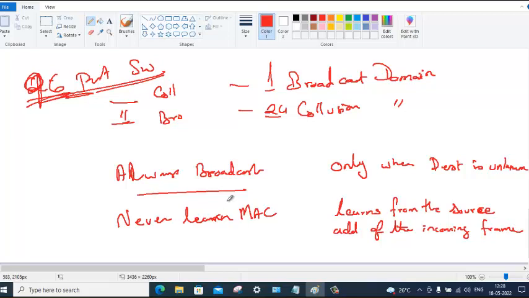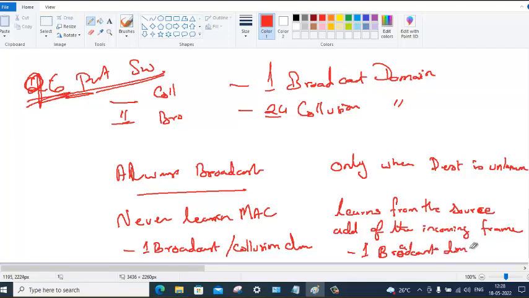Hub will have only one broadcast domain and one collision domain, whereas bridge, meaning switch, will have one broadcast domain and n number of collision domains, where n stands for number of ports.